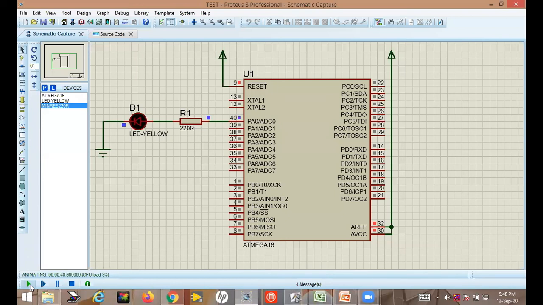Okay, what is happening? If you see the simulation, here blue means 0, output from this pin is 0, and red means 1. 1 means 5 volt, because this is a digital processor. So output from this pin is 0 or 1. When blue, the LED is off, because the output will be 0 voltage, and when red, the output will be 5 volt. So that's why it will be forward biased.